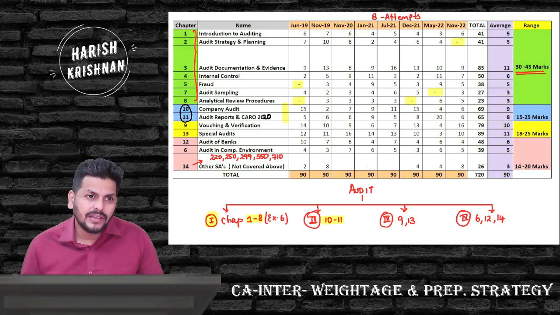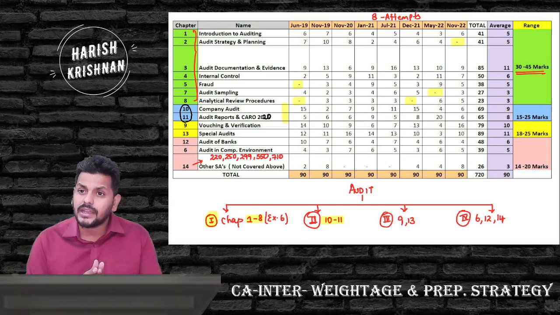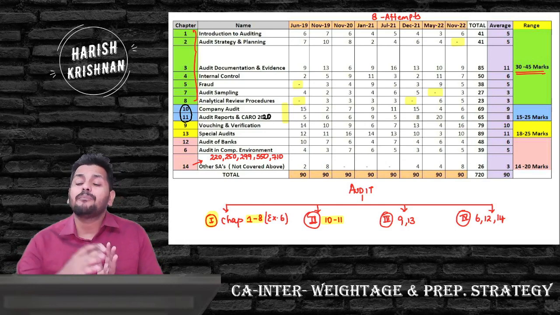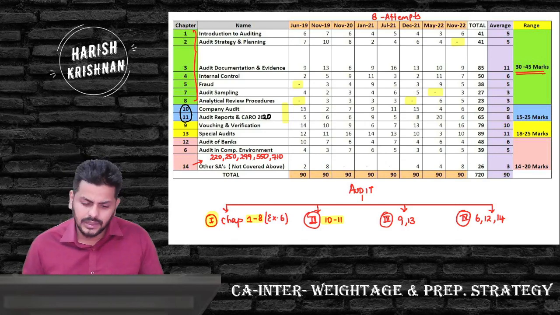At your level, I don't suggest self study for these subjects, both audit and ASSM, for one reason: you will end up wasting a lot of time. And I've been doing this for the last 11 years, so I know exactly what I'm talking about. I'm not somebody who's against self study. I do encourage it if you are doing it with ample time on hand. But for those people who have already done self study and couldn't get through the exam, there is a clear indication that there are certain logics that are missing. So it's always important that you subscribe to a regular course or a crash course and get things done in a smooth and simple manner.